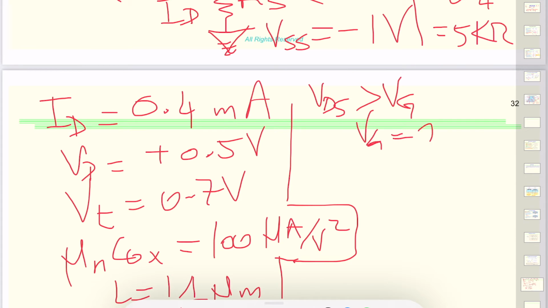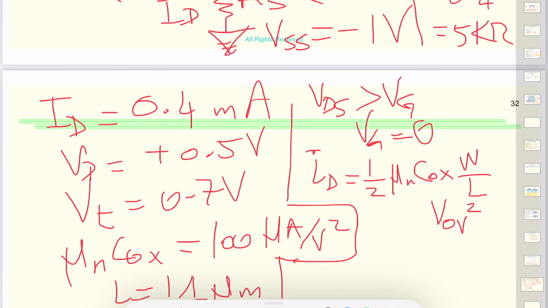So that would give us the saturation region. For the saturation region, when you plug in the formula, we would get ID. We know the ID, so by rearranging that,